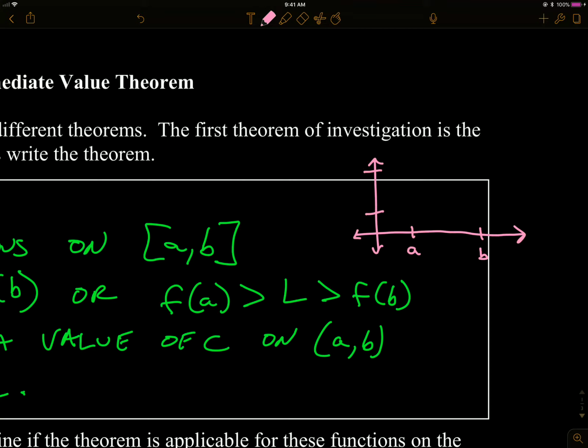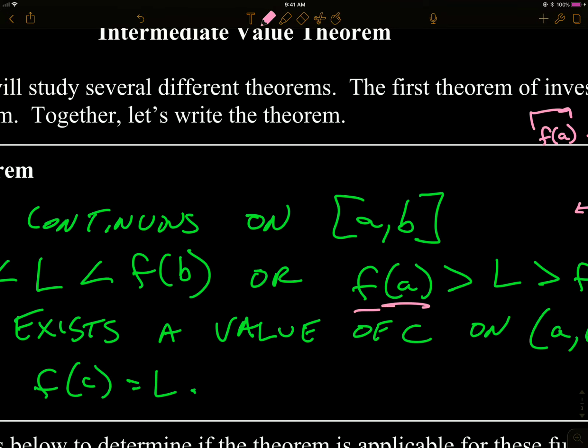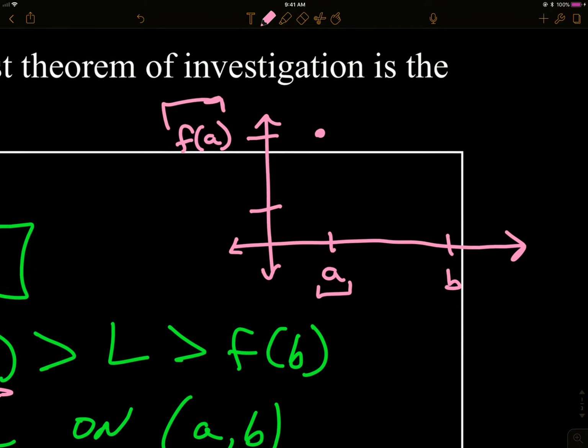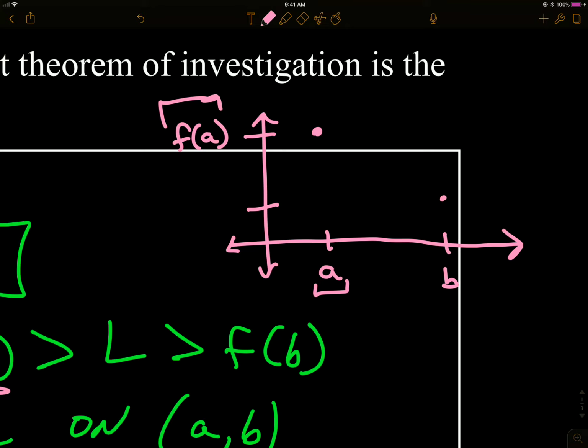So we've got a point up here, we'll call that f of a. Remember that a is the x value, or an x coordinate. F of a really means a y, or a height. So when I write f of a in here, I'm really talking about the y value. And then for our b, it only goes to a height of f of b. If the function's continuous, so it's a smooth curve on that interval from a to b,